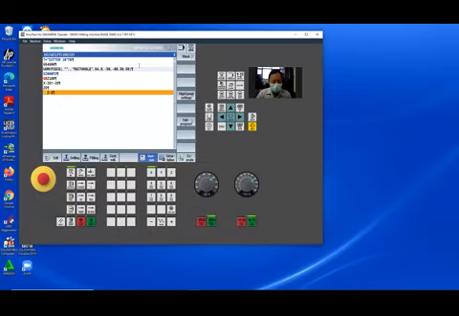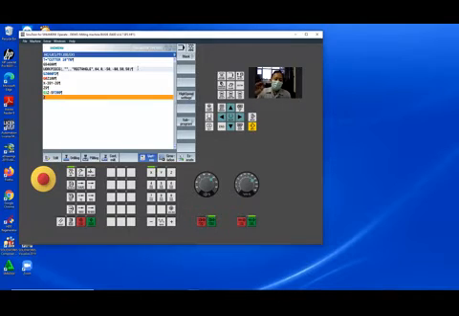Oh, I forget. F200. Enter. This means in 1 minute the table moves 200 millimeter, and in 1 minute there are 2000 rotations.